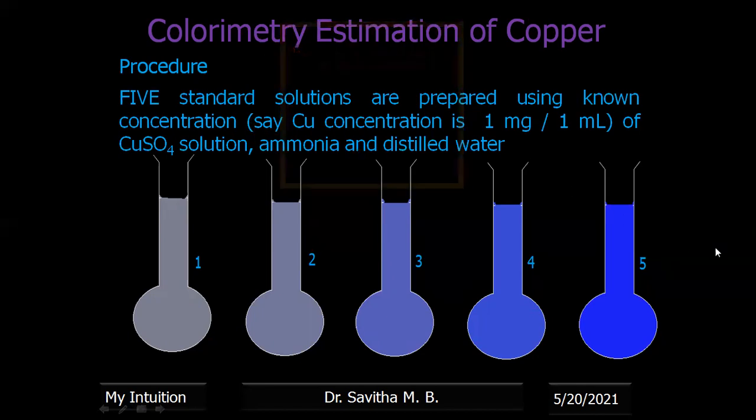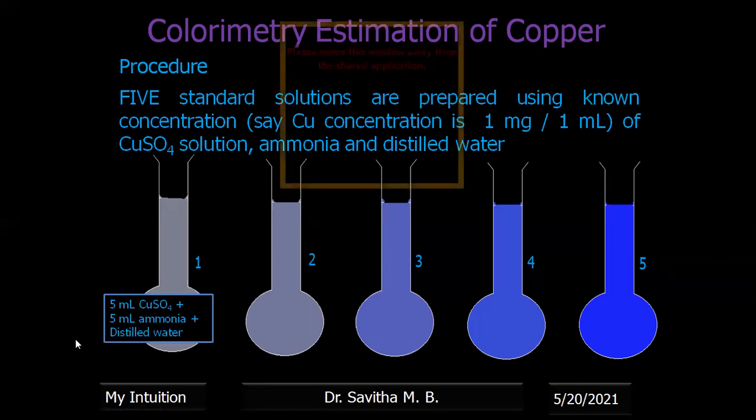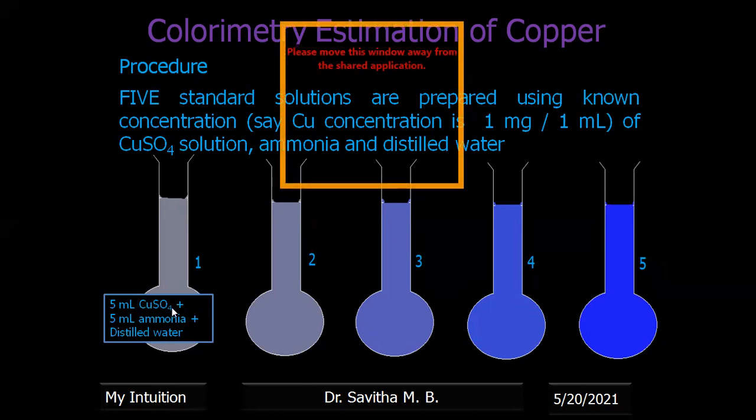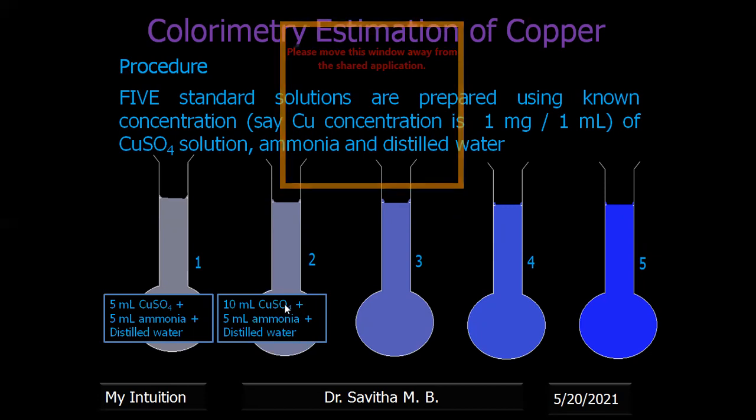Then in the first flask, you take 5 ml of copper sulfate and 5 ml of ammonia, because to intensify the color of copper ions, cupric ions, you need to add ammonia. First, 5 ml of copper sulfate and 5 ml of ammonia, and the rest is filled with distilled water. In the second solution, you will take 10 ml of copper sulfate and the same specified volume of